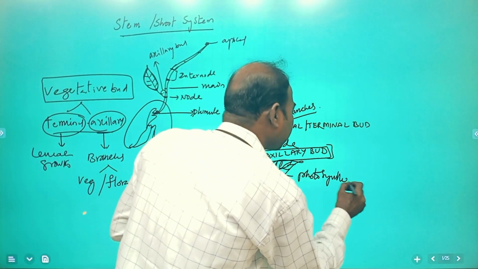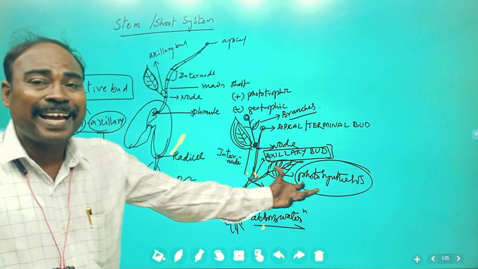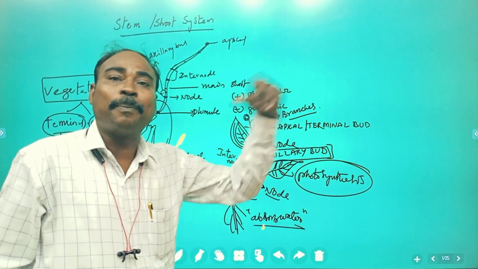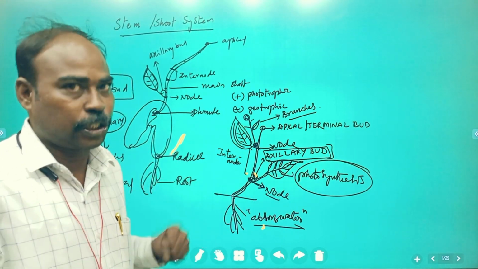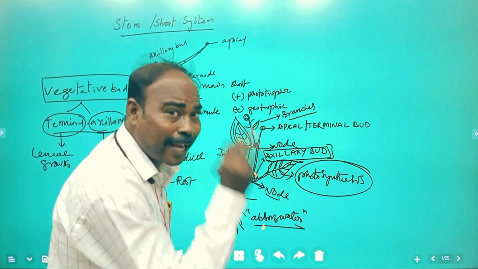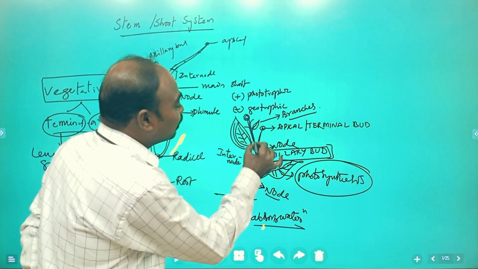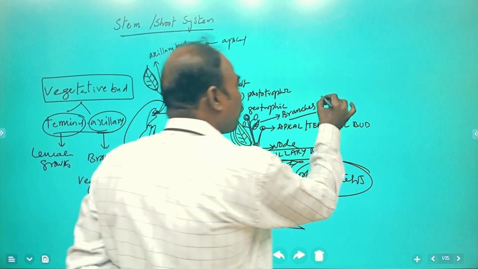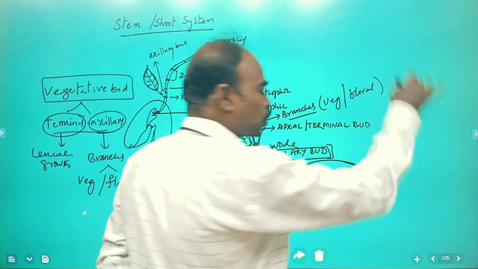The leaves are the main sites for photosynthesis. What is photosynthesis? Preparation of food. Carbon dioxide is converted into glucose within the green parts of the plant, where chlorophyll pigments participate in that process, photosynthesis, right? So the green parts of the plant, that is, leaves, are developed from stems, and branches also develop from the axils of the stems. These branches may be vegetative branches, or floral branches may also develop.